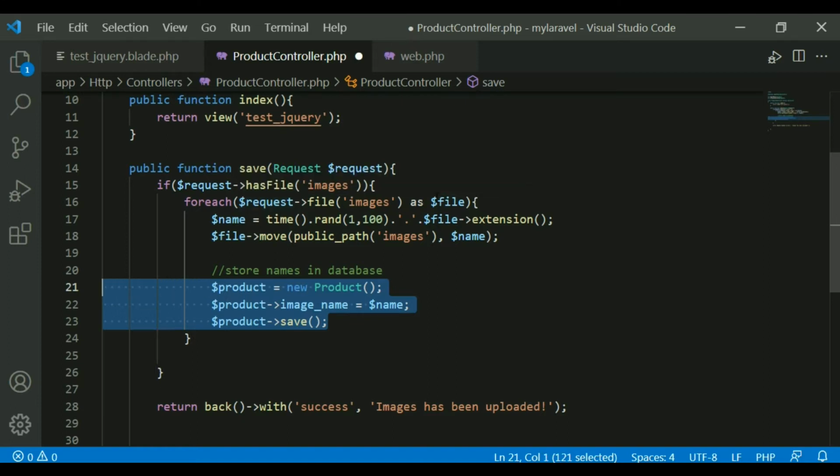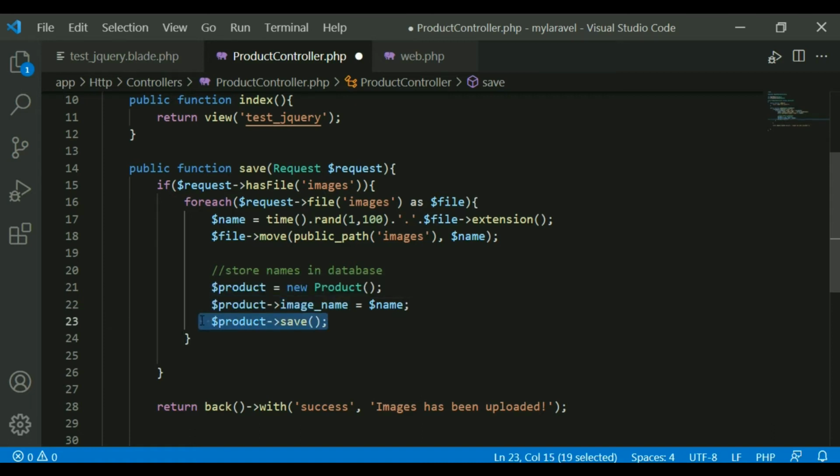We get one file and a unique file name, then move the file to my public folder with the images folder name. Then I create an object of the product model, assign the name I am uploading to the image_name field of my products table, and then save it.